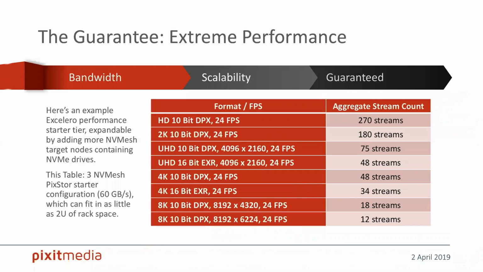You need to be able to work with these formats in work teams and collaborate together and not have bottlenecks in performance. It's all possible with the extreme performance guarantee that Pixit Media delivers on a PixStor solution powered by Excelero: up to 12 streams of 8K 10-bit DPX at 24 frames per second is entirely possible